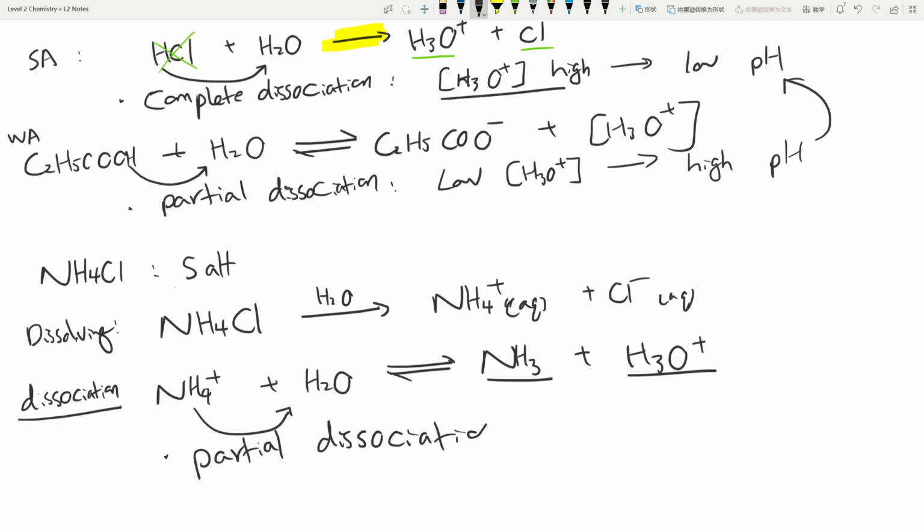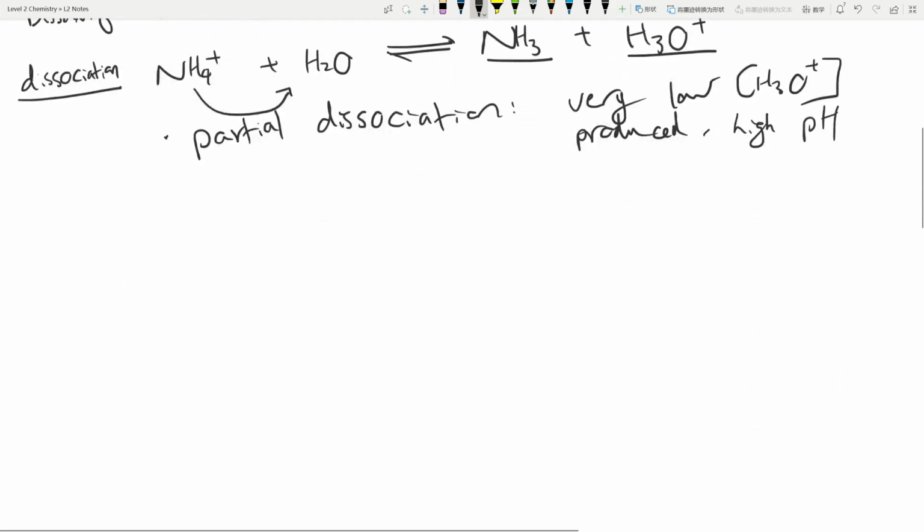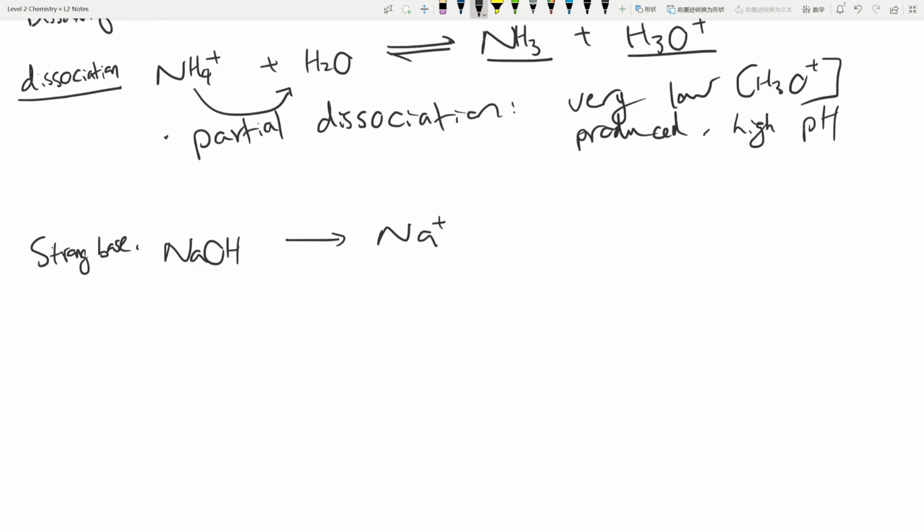And then you can say very low H3O+ concentration is produced as a result, and therefore you have a very high pH. Okay, you can get questions like this for different types. Let me give you some examples. Say for sodium hydroxide, this is a strong base. So that means this will completely dissociate into Na+ and OH-,